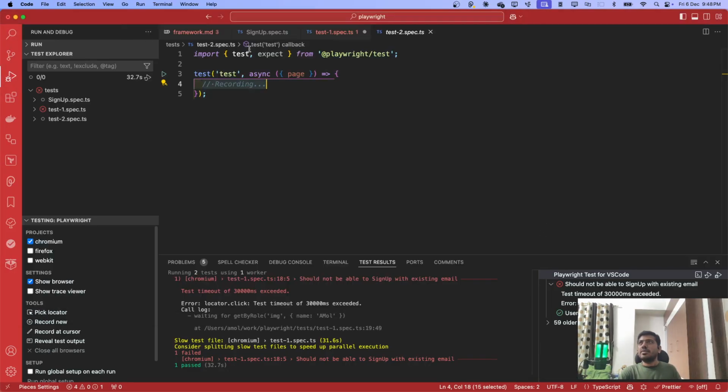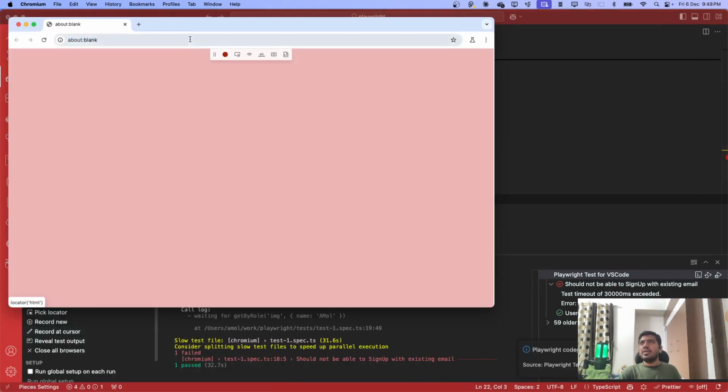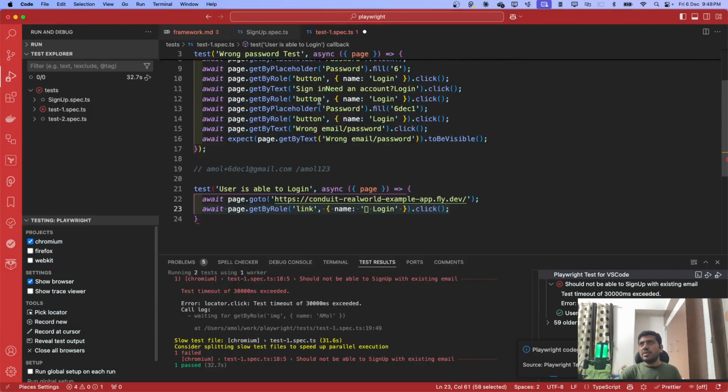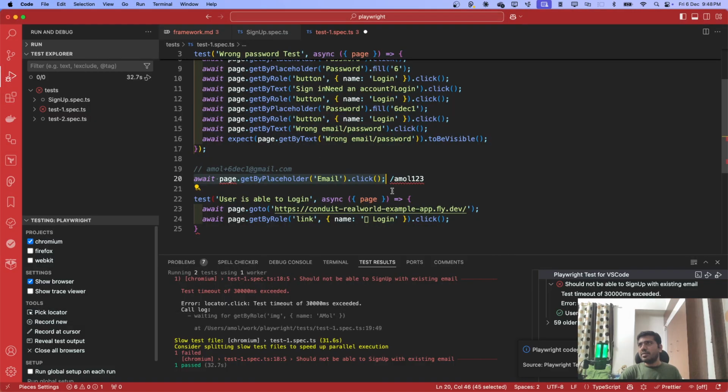Cancel. I don't have to do the record new. I can just say record at the cursor, and then you will be able to go to the login page. You will use the credentials that are valid, and then you will use the